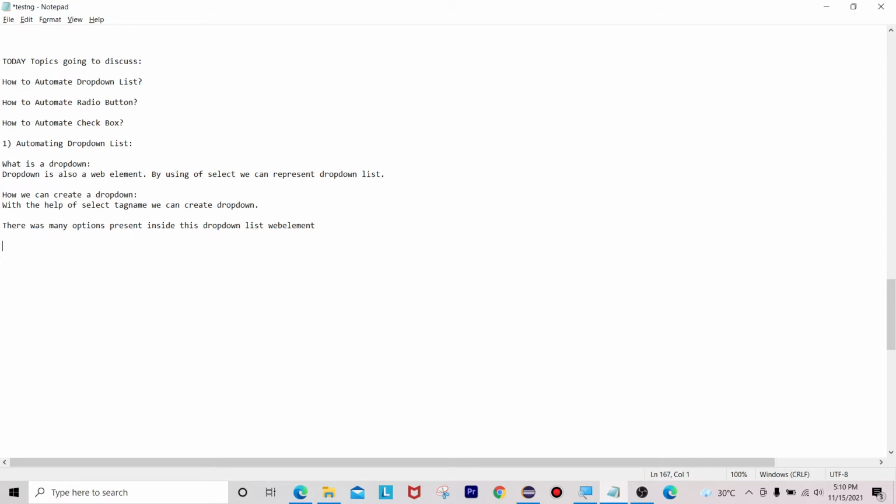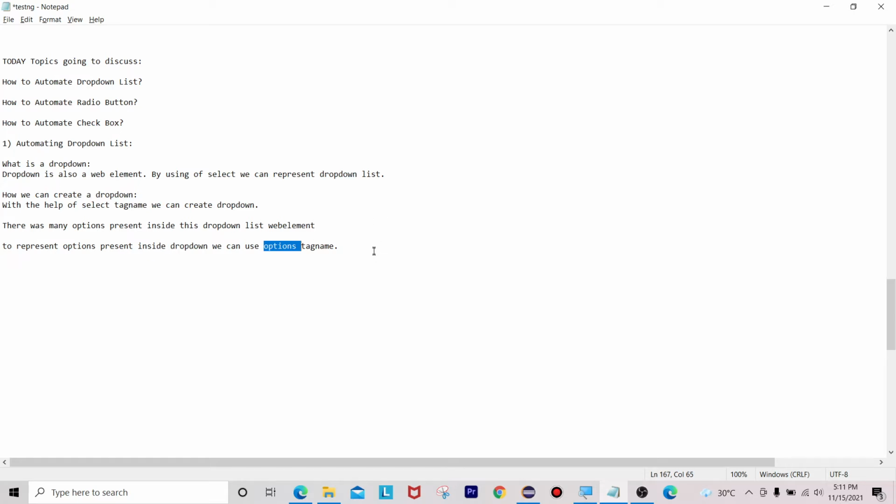To represent the options present inside the drop down, we can use the option tag name. With the help of the option tag name, we can represent the options present inside the drop down.